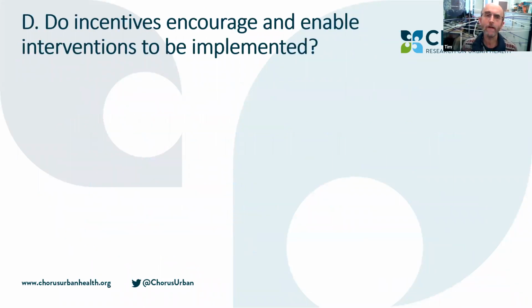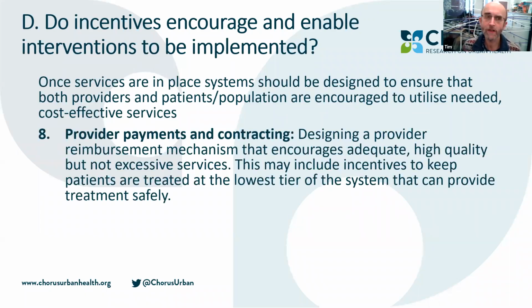And then finally, the final group of techniques that I wanted to mention was around incentives. So once we've done our economic evaluation, we've decided that an intervention is good value for money, then we've got to implement that intervention. And in order to implement the intervention, we need to be sure that the incentives are in place, that the intervention will be introduced properly. So I think we've got a couple of issues here. The first is around how we set up the provider payment mechanism. So how do we reimburse providers for the intervention that is going to be provided as part of the rollout?